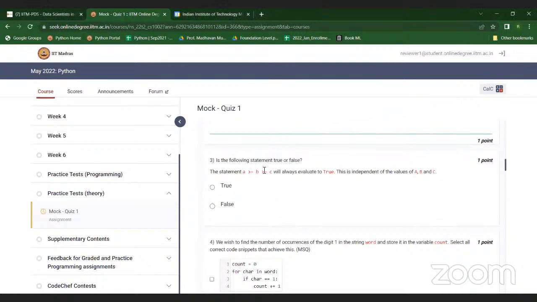The statement A is greater than or equals to C is always true. True or false? Some say true, some say false. A is always greater than or equal to B, then it's